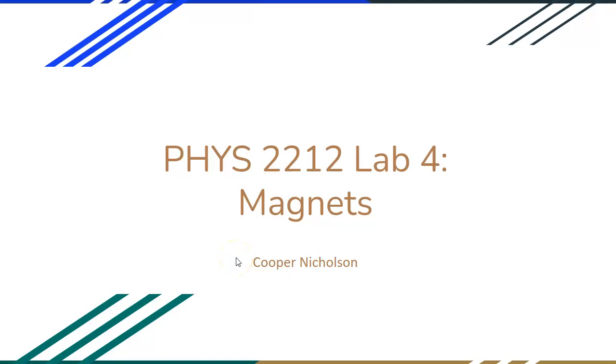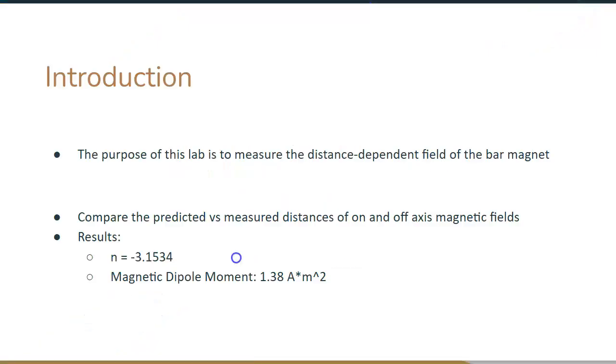Hi everyone, my name is Cooper Nicholson and this is my presentation for Physics 2212 Lab 4, Magnetic Field of a Bar Magnet. The purpose of this lab was to measure how the magnetic field strength changes with distance from a small bar magnet, determine its magnetic dipole moment, and compare our experimental results with a computational model that predicts